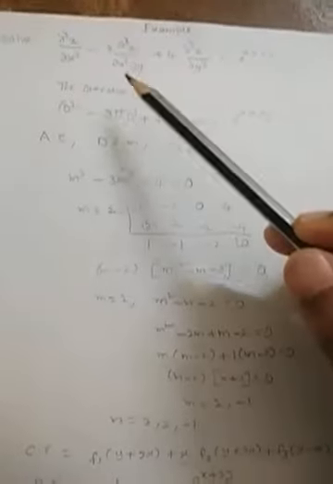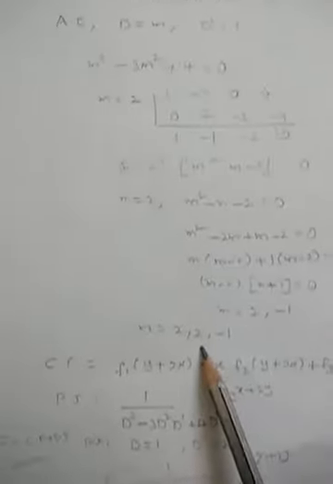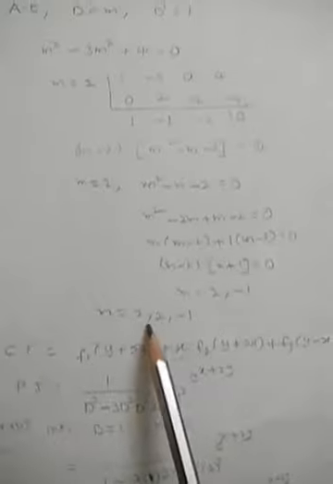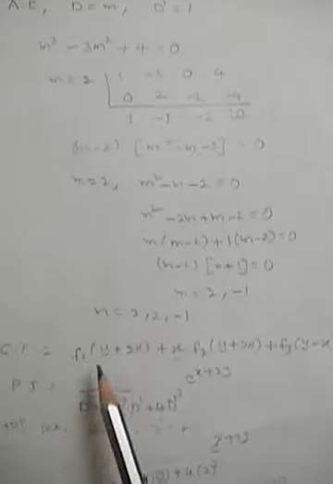So clearly we will see an example here. It is a third order partial differential equation. We have to find the roots of the auxiliary equation, which is obtained by replacing D with m and D dash with 1. Depending upon the nature of the roots, we have to write the complementary function. Here we can observe that two roots are equal. For these two roots, the CF is written like this. And the last one is a distinct root, so we write it as f3 of y minus x.